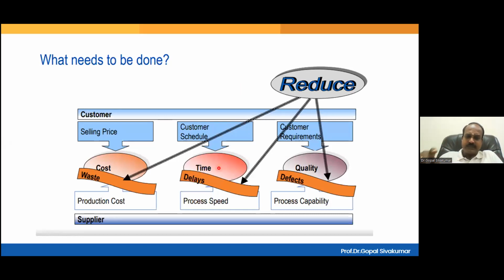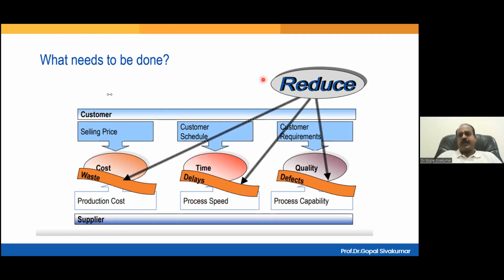So defect reduction is known as Six Sigma. Waste reduction is known as Lean. All of you get my point? So defect reduction means Six Sigma. Any effort that is focusing on reducing the defects should be called a Six Sigma project. Any effort that is focusing on eliminating the unproductive activities, also called wasteful activities,